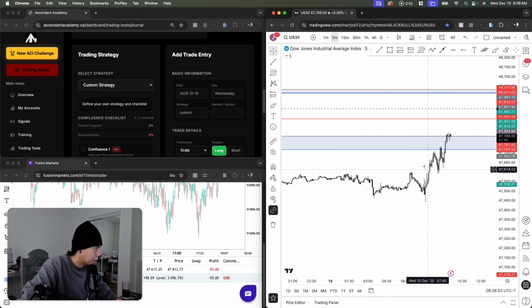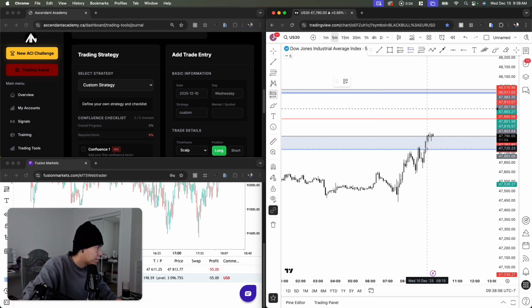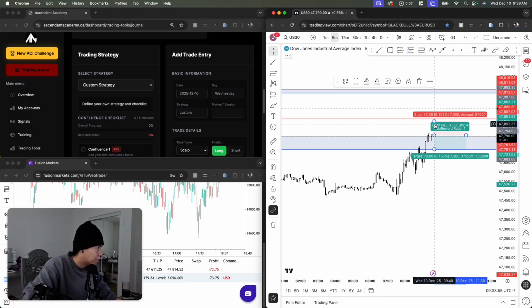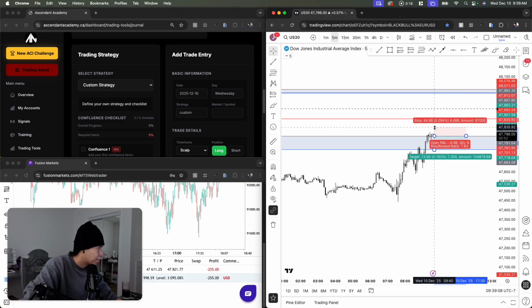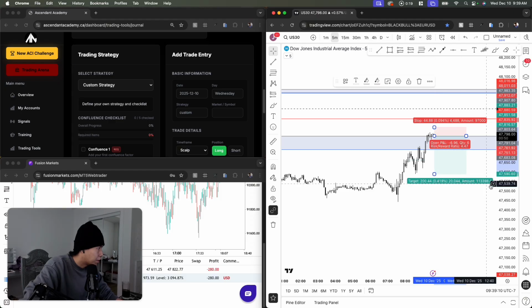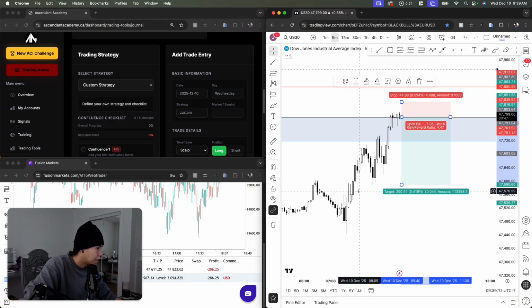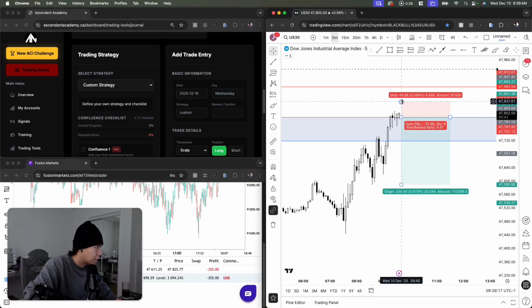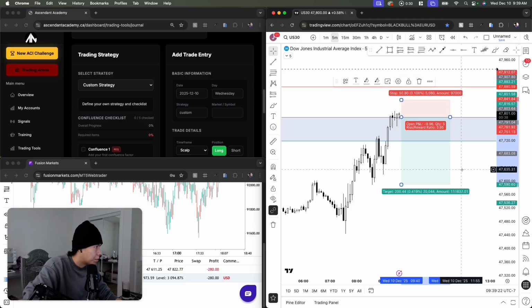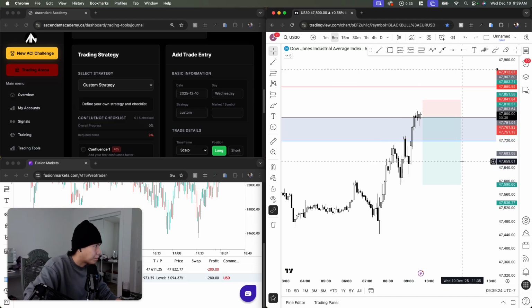So I entered in a US 30 sell. It's a little bit of a FOMO entry, but it still looks like it could push down. Aiming for these lows right there. Pretty tight stop loss on it too, so it's risky. Having tight stop loss like this on US 30 is extremely risky. So this is the position right here,